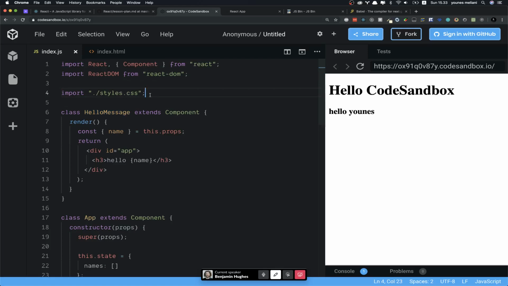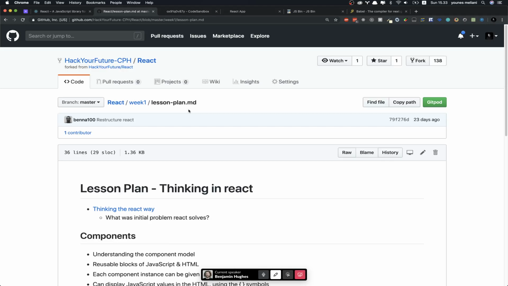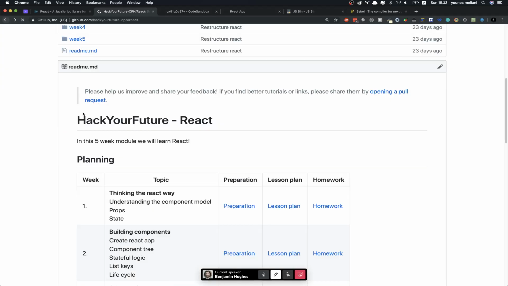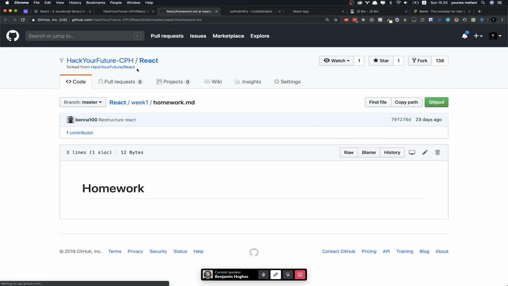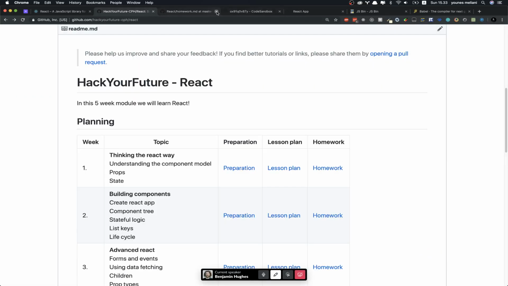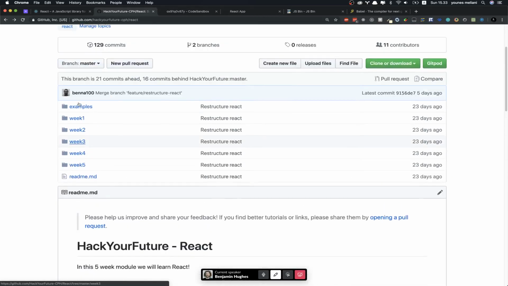Can we talk about the homework? Yeah, because we are always getting in trouble with it. If we can just talk about it ahead. We will use the homework from the old one, because this one we are still constructing. This is a new one. This is the new one, but